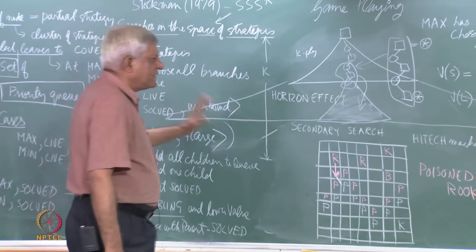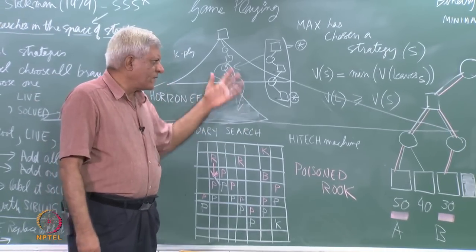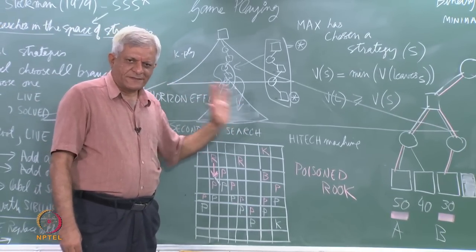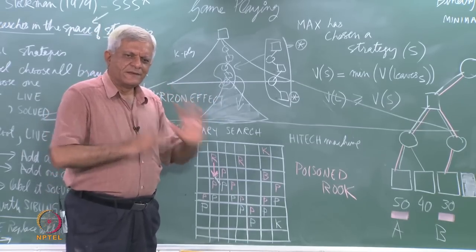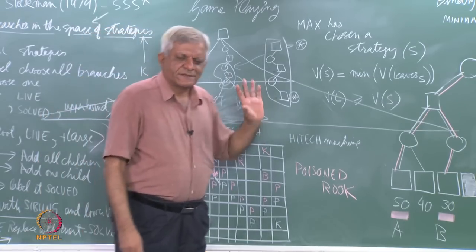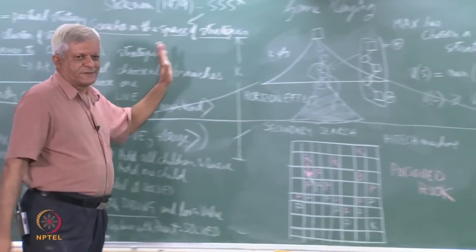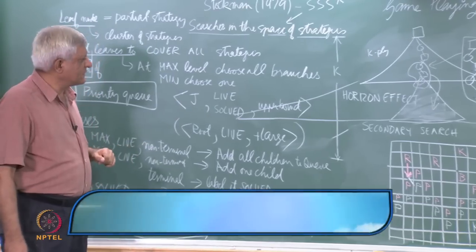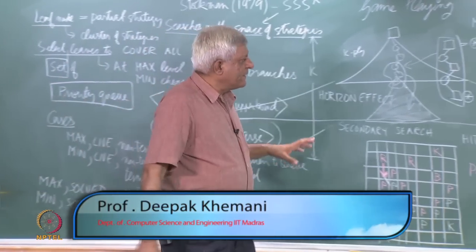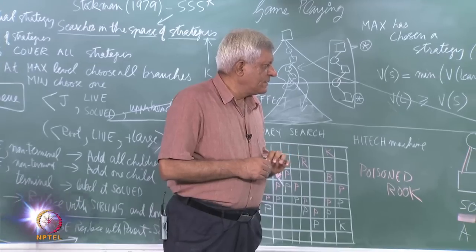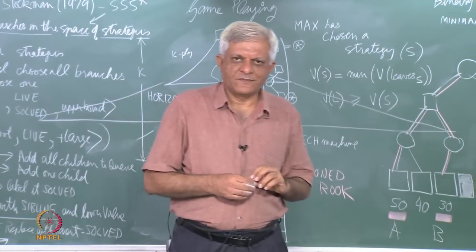Okay, so we will stop here with games. There are other game playing algorithms that we will not consider. For example, Berliner had an algorithm called B star, which we will not consider, which was also a kind of heuristic search algorithm which had a sense of direction, but we will limit ourselves to SSS star, which is a much simpler algorithm to talk about essentially. So, we will end with games here and move on from this place. Okay. So